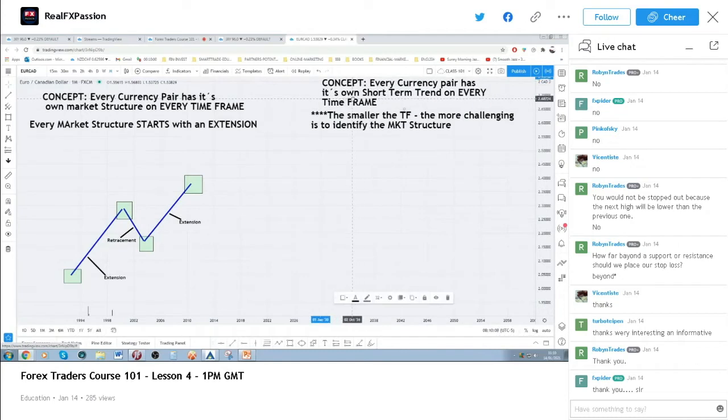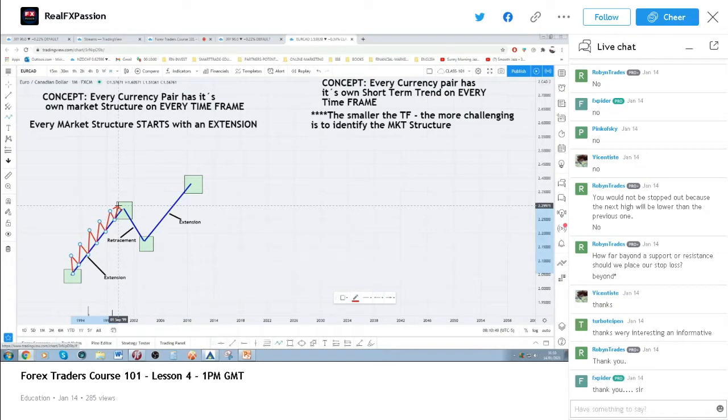Here the second concept comes in, and the concept says every currency pair has its own short-term trend on every timeframe. So when the extension starts on the monthly, weekly, daily, 1 hour, 2 hour, 4 hour, whatever chart, we are going to see a short-term up: higher highs, higher lows, higher highs, higher lows. When the extension is going to be over,